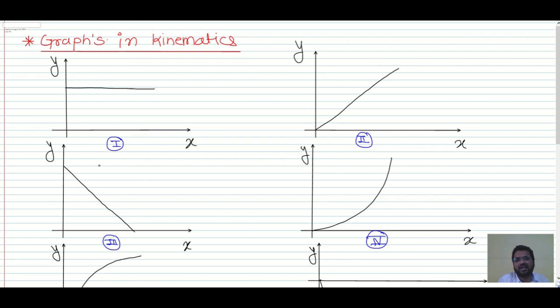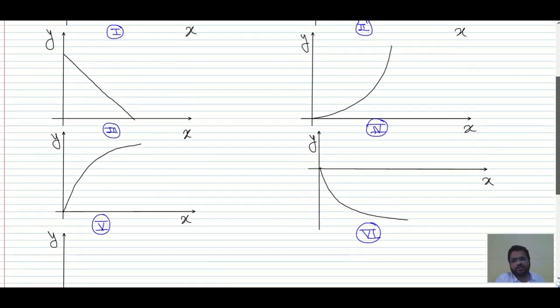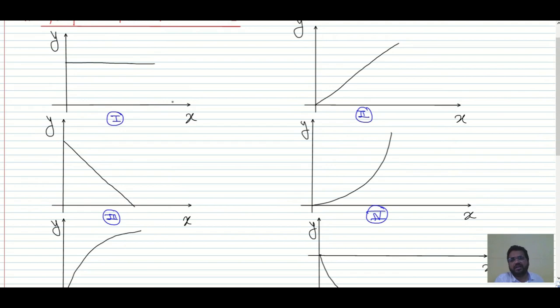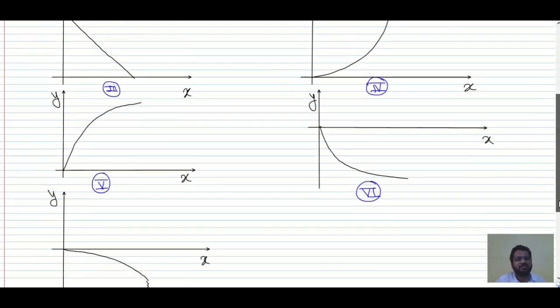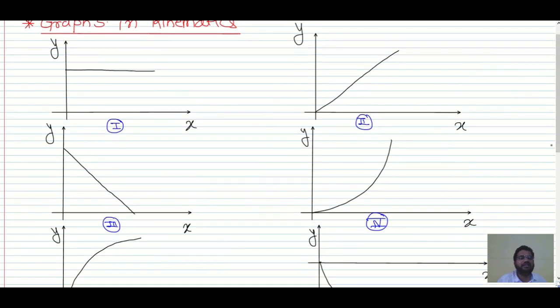So let's start with graphs in kinematics. See, in kinematics there are seven types of graph which we have, right? As you can see over here, firstly the y-x graph. Now y might be acceleration, displacement, or velocity, and x we generally take as time, or else the position also. Here y as acceleration, x as time; y as velocity, x as time. Likewise, we get seven types of graph in kinematics, as you can see over here. You will not get any graph other than these in kinematics.